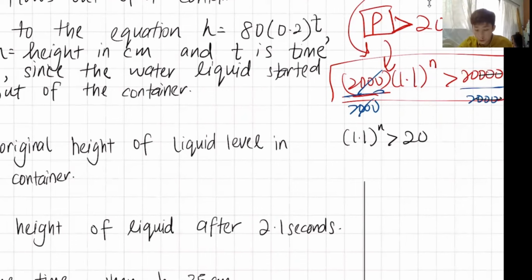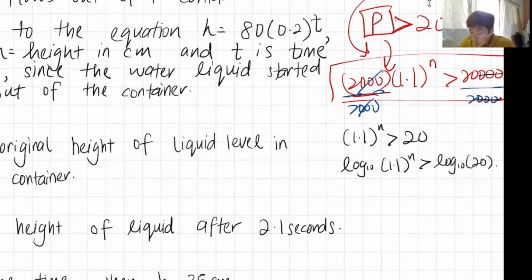What you do is use the help of log 10. Remember, I told you log 10 is always your final weapon. So you log 10 both sides: 1.1 to the power of n greater than log base 10 of 20. Whatever I do to the left, I do to the right to ensure they are equal. So I shift the n to the front, to make it n times log base 10 of 1.1 greater than